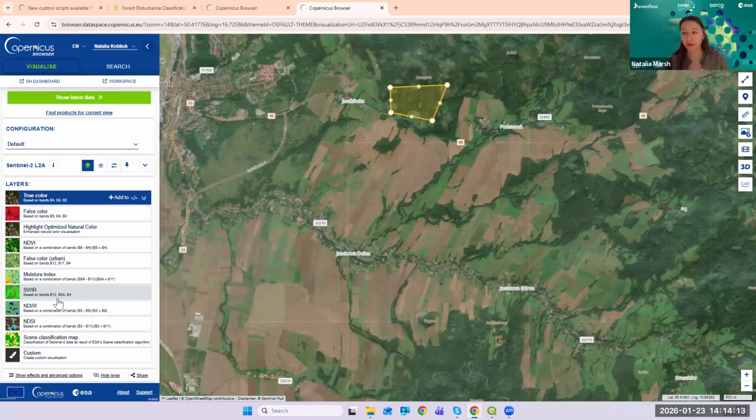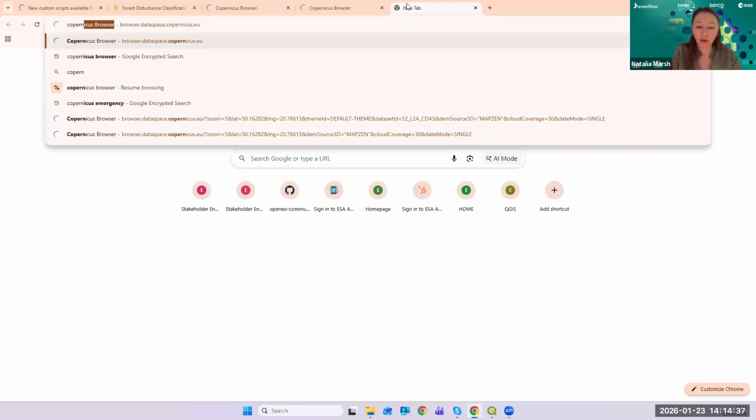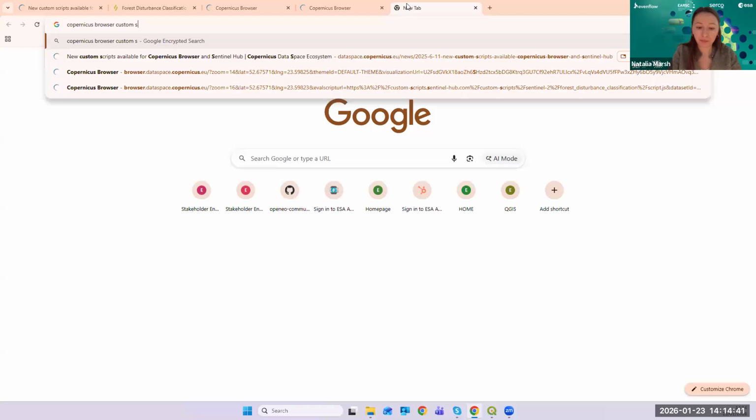Even if you don't have any scripting background, you don't know any programming language, there are several scripts developed by different enthusiasts and published for free, which you can use inside this platform. How you can access those scripts or see the catalog of these scripts? You just need to Google Sentinel Copernicus browser custom scripts,